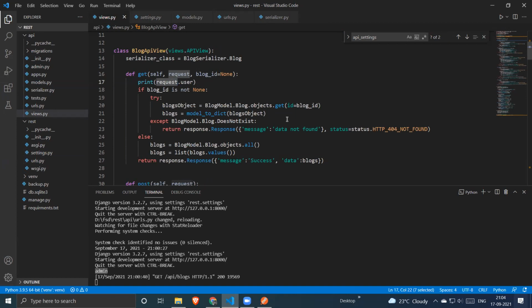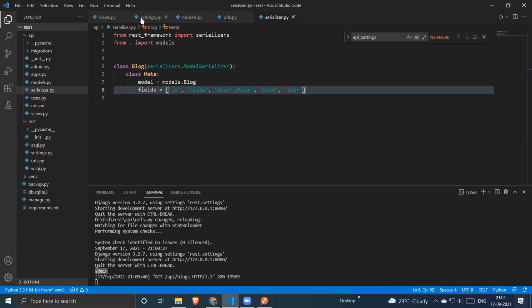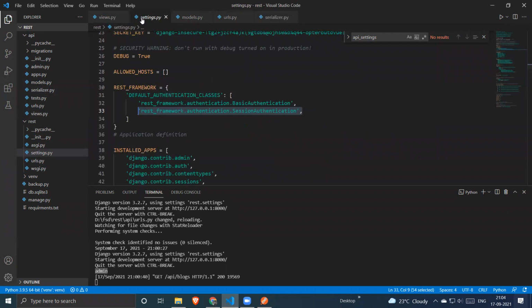Ashish? Hello, sir. Yeah, Ashish. Please explain basic auth and session auth in simple words. Simple words. So basic auth is just the same basic authentication: username and password. That is basic authentication. No, when you explained the first time, please repeat that. The first time, what were the words? Can you please tell me? Basic auth.